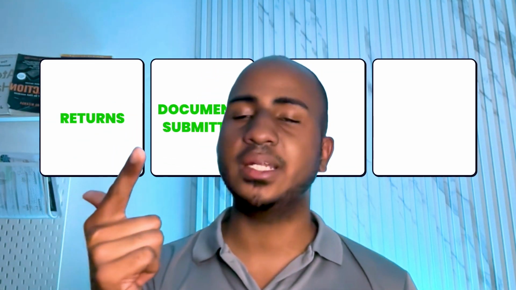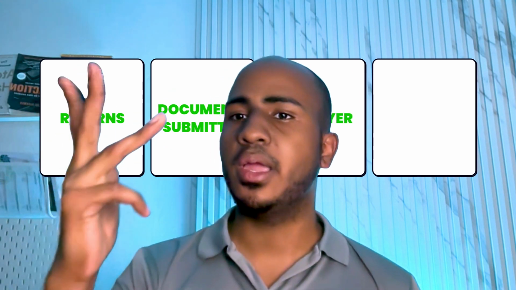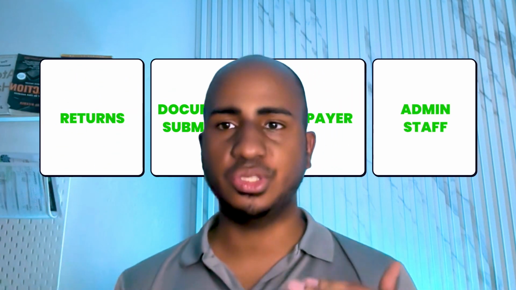Okay, so that's an overview. Now let's talk about some of the decisions we made with the data and why we chose a tool like this in the first place to replace the Google Sheet this firm was already using. As you saw, or maybe you missed it, but I'll share in a second, we decided to have 4 different tables. One for returns, one for documents submitted, one for the taxpayer, and one for the admin staff associated with